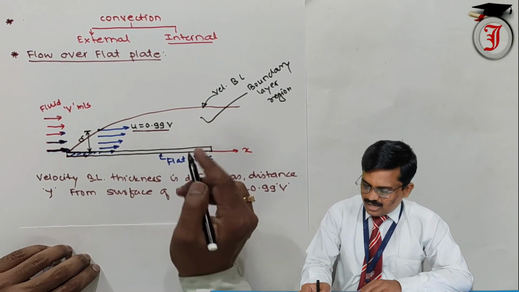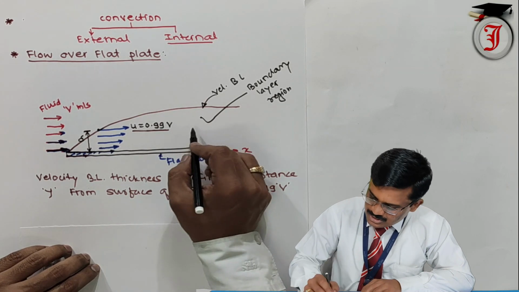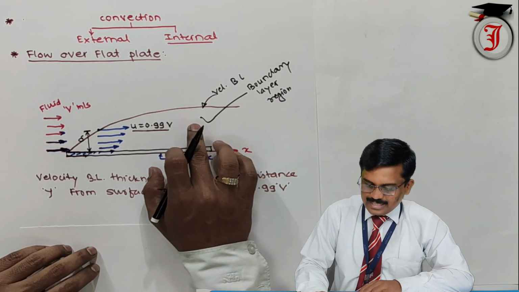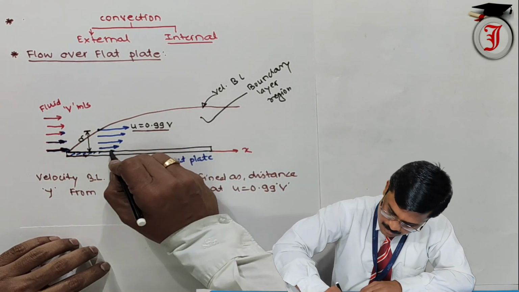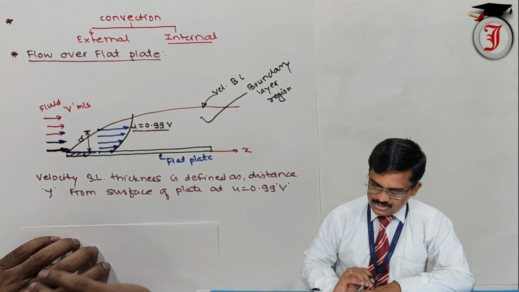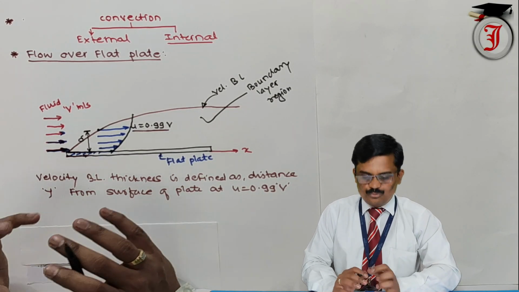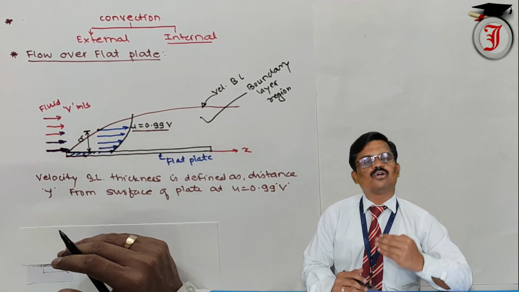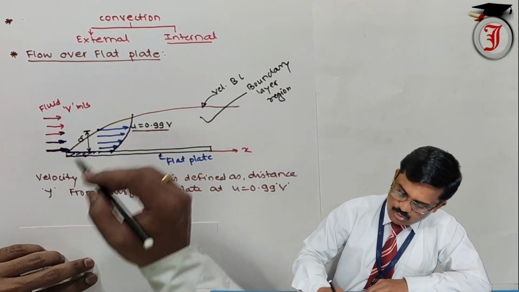And the velocity is significantly changed in this region. In the velocity boundary layer region, the velocity changes significantly. So this is a velocity profile. It goes on changing. And the region where friction effects do not affect the velocity and it remains unchanged is called this region here.